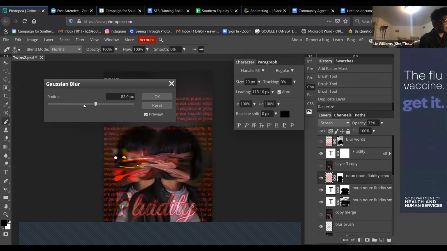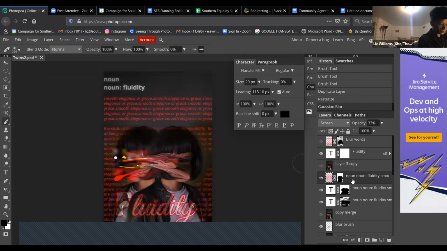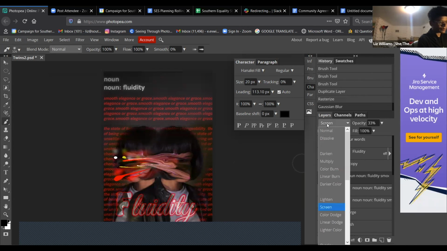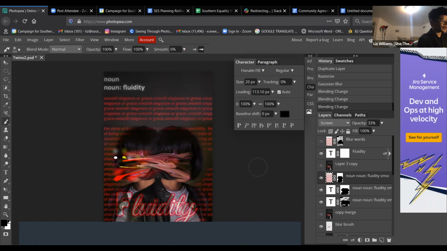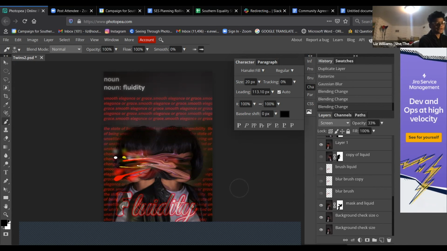And change the Gaussian blur to whatever radius you would like. And you press OK. And there you go. You have a little Gaussian blur. And I have the blending mode under screen to give it that glow. But you could make it anything else. And that would be just fine because this is your work that you're doing. So that's basically all that I did to make that image,